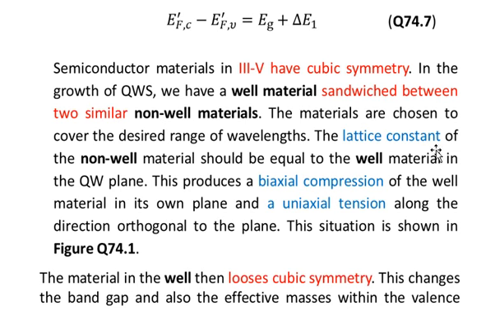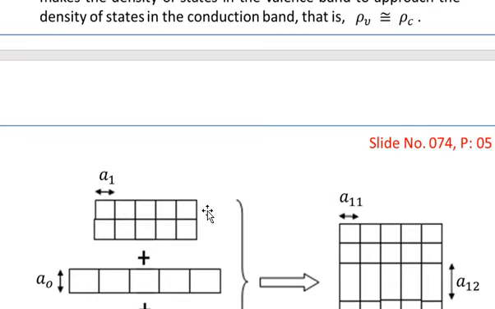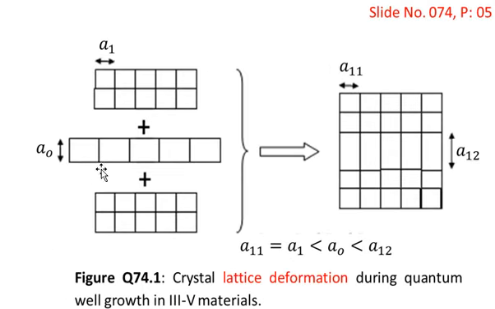The lattice constants of the non-well material should be equal to the well material in the quantum well plane. This produces a biaxial compression of the well material in its own plane. So let me show you the biaxial compression. You can see that the width of this well